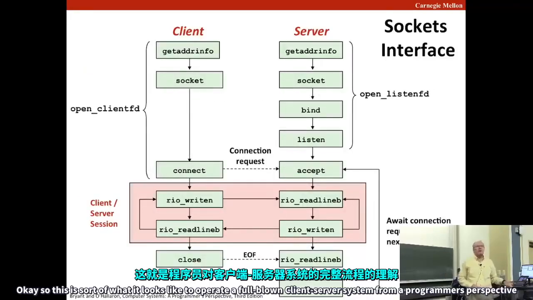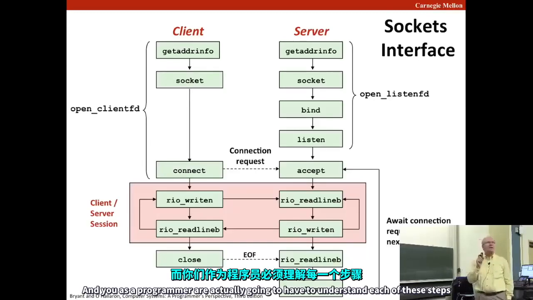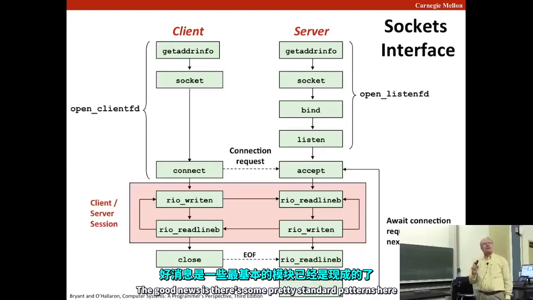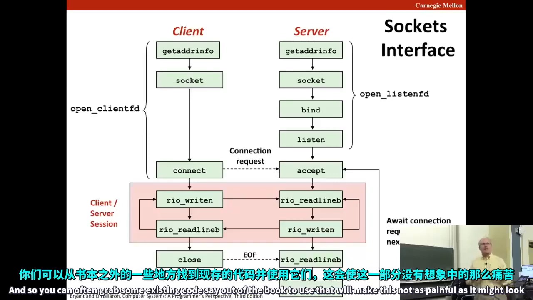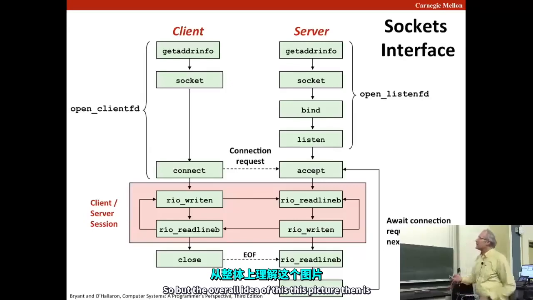Okay, so this is what it looks like to operate a full-blown client-server system from a programmer's perspective. And for the rest of today and all of Thursday, we're going to go through all these steps. And you, as a programmer, are actually going to have to understand each of these steps, what they do, what they mean, and how to use them. The good news is there are some pretty standard patterns here, and so you can often grab some existing code, say out of the book, that will make this not as painful as it might look. So the overall idea of this picture then is,